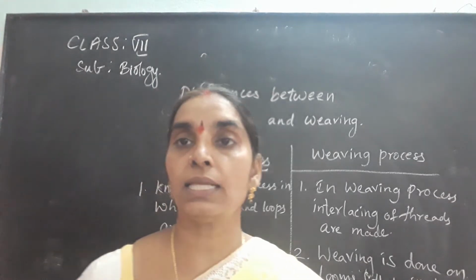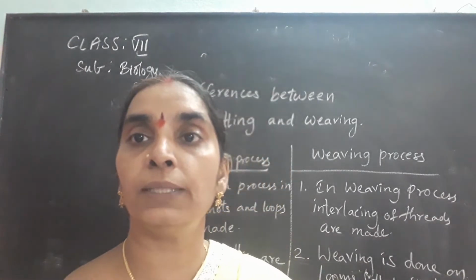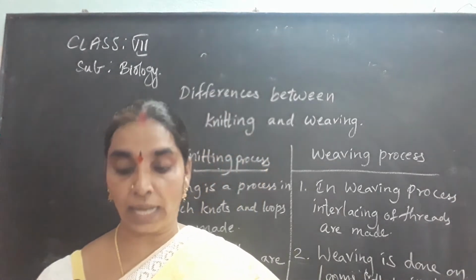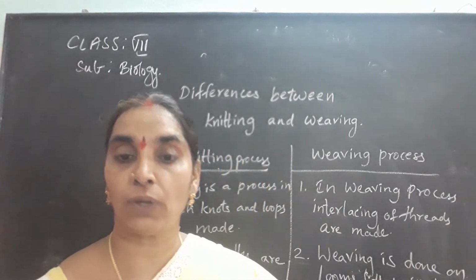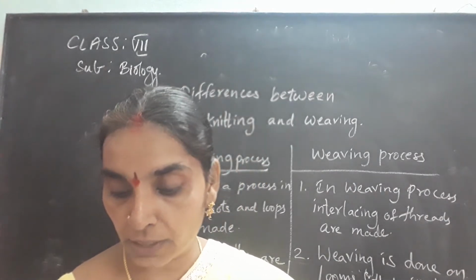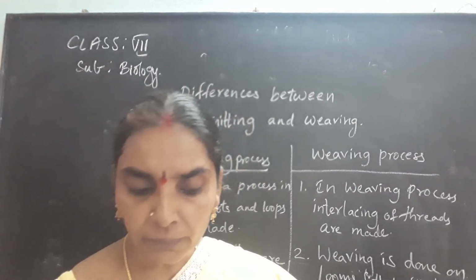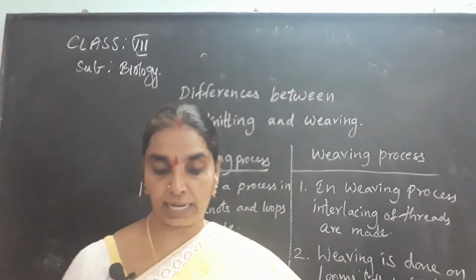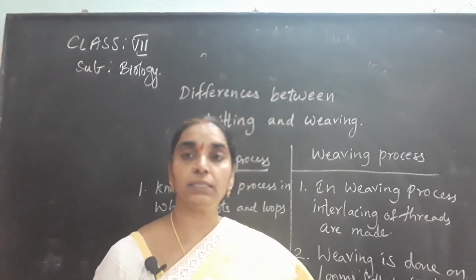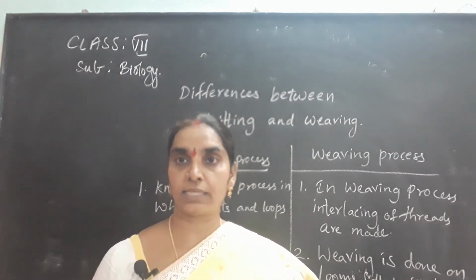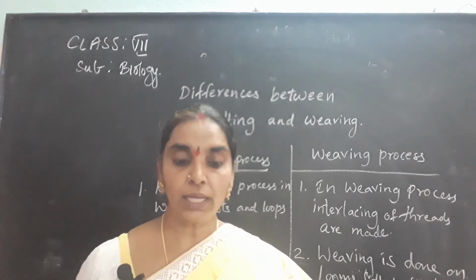You have seen in this lesson the differences between weaving and knitting, the differences between the manufacture of wool and silk, and also you have found the differences between the fleece of Angora goat and the fleece of camel. So I have covered mostly everything, and in today's class I have completed mostly the questions that arise in the differences part. Okay, the story of wool.